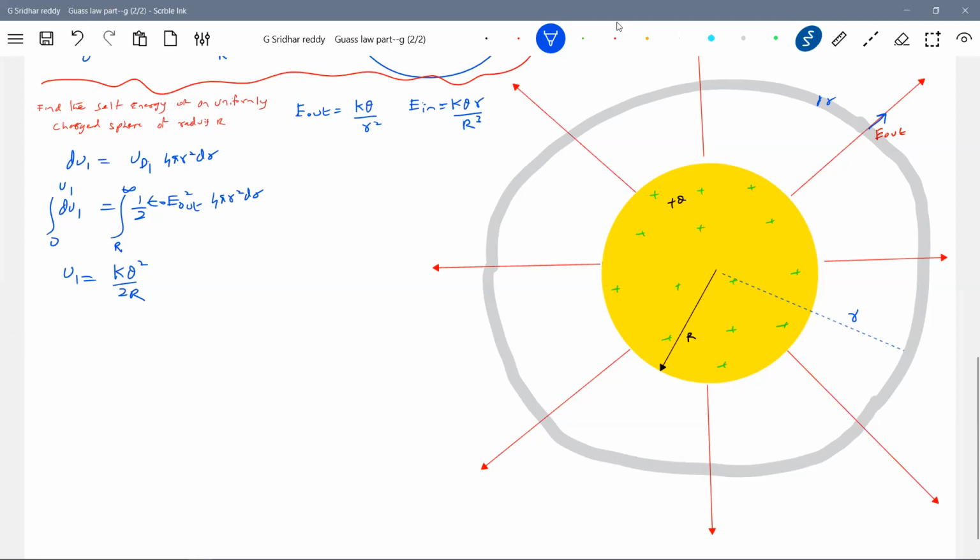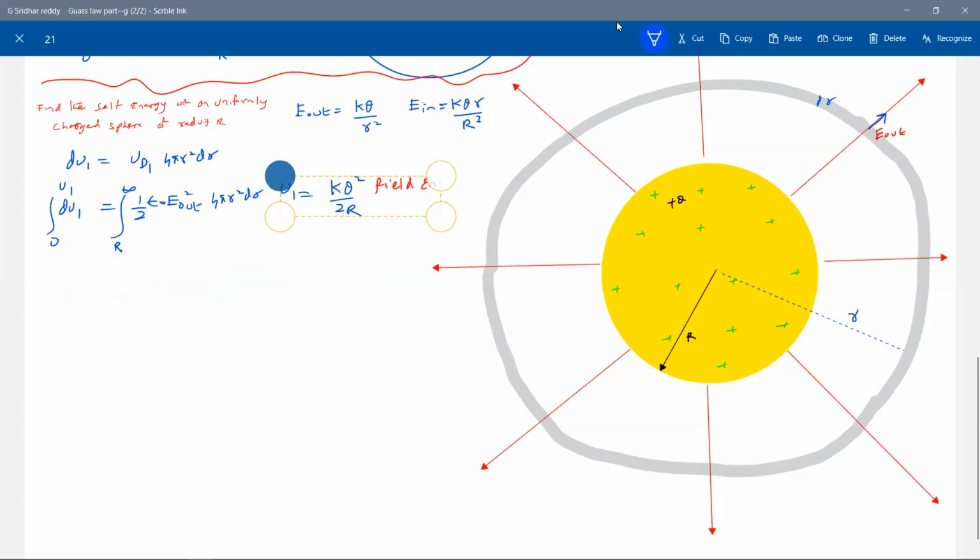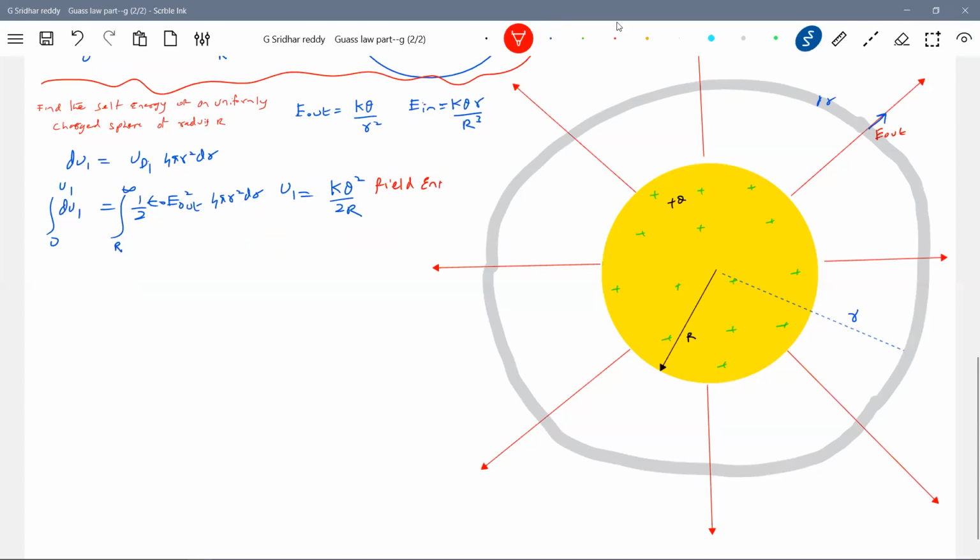Okay, this is the field energy present outside the sphere. I'll put everything here, field energy